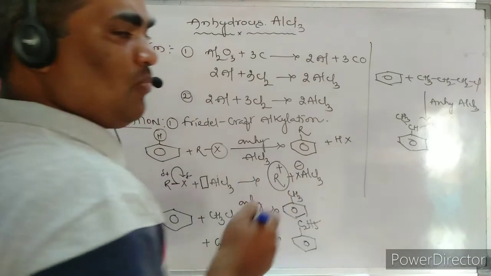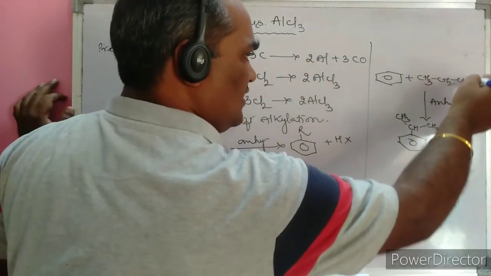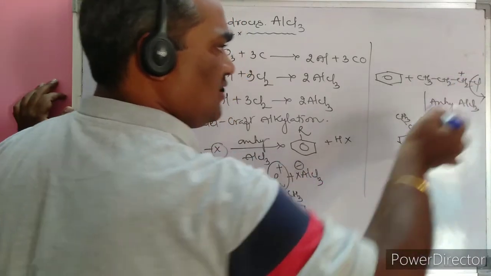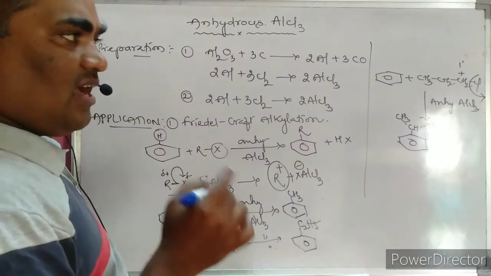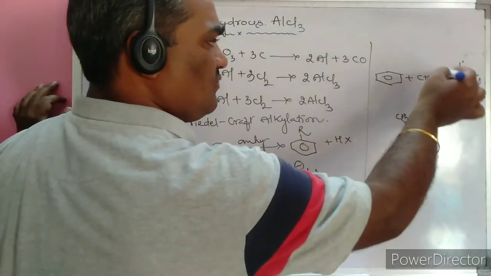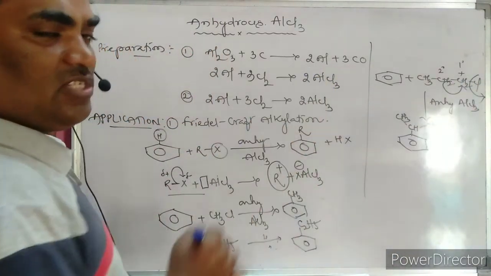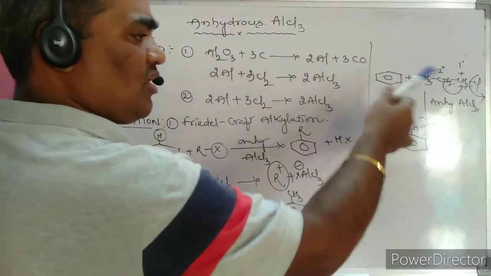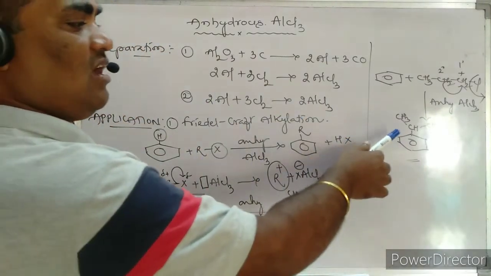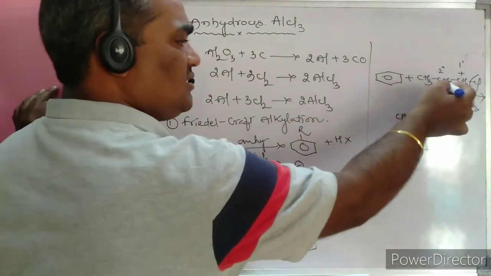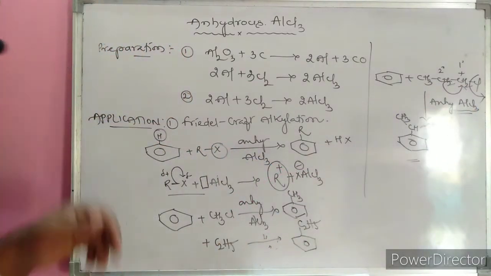Why is n-propyl benzene not formed? As in this mechanism, if Cl minus is lost from here, the generated carbonium ion is a primary carbonium ion. But the hydrogen shifts from the secondary, because the stability of the secondary carbonium ion is more than that of the primary. Hence it undergoes Wagner-Meerwein rearrangement to form, instead of n-propyl benzene, isopropyl benzene, also called cumene. This generation is played a vital role by anhydrous AlCl3.